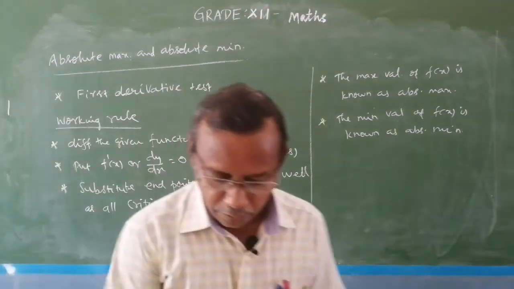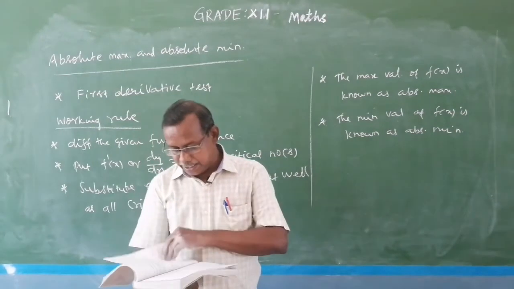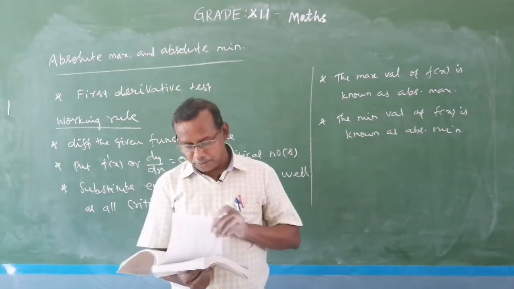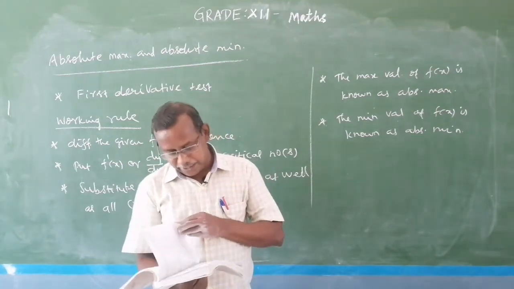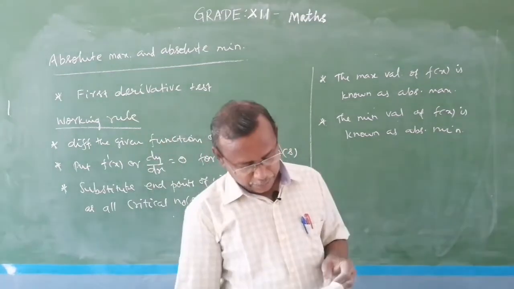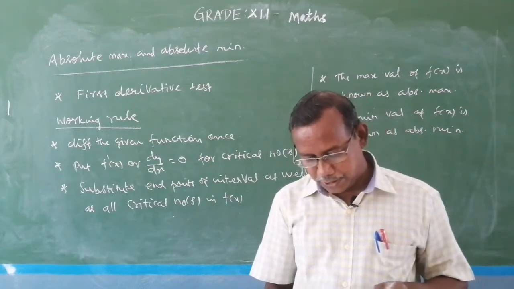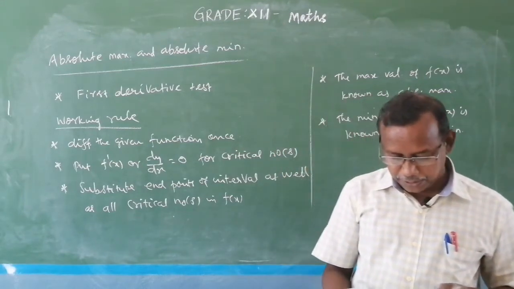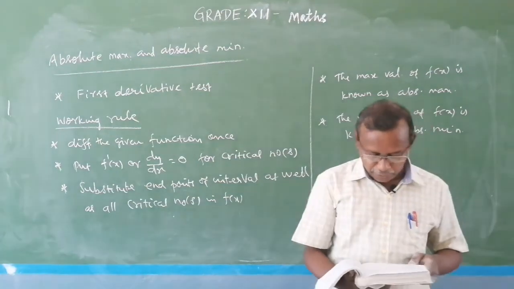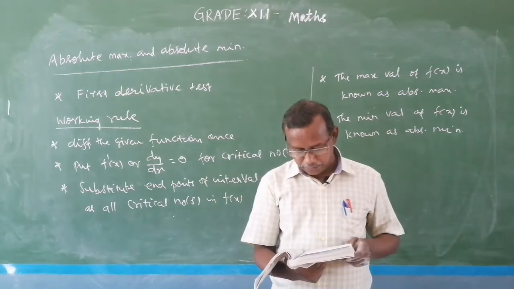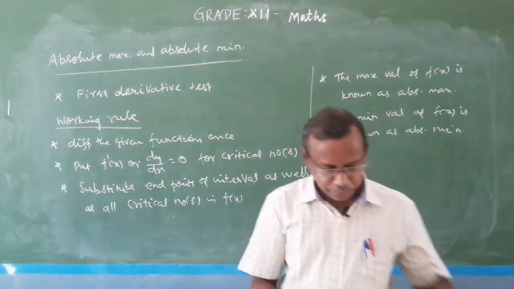Now let us solve such problems given in the exercise. After completing this exercise, I will do some of the important problems or some difficult problems if I feel so in the given example. So let us again go back to the fifth problem. Already we have completed 4 problems using other methods. Now the fifth problem is to find the absolute maximum value and the absolute minimum value of the following functions in the given intervals.